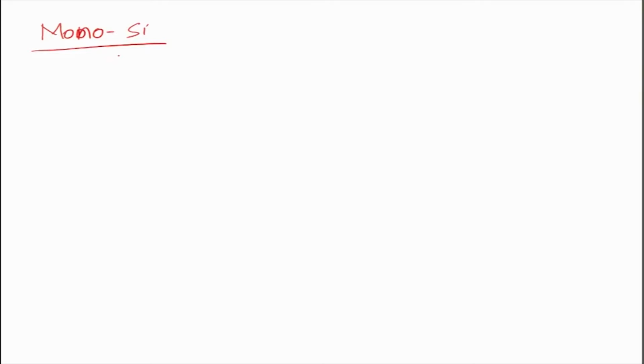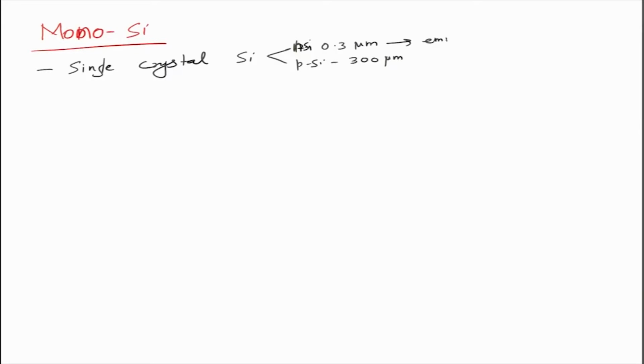So, we use single crystal silicon, right, with N-type silicon on the top being about 0.3 micron thick, and P silicon being about 300 micron thick. Okay. So, this is called the emitter and this is called the base,